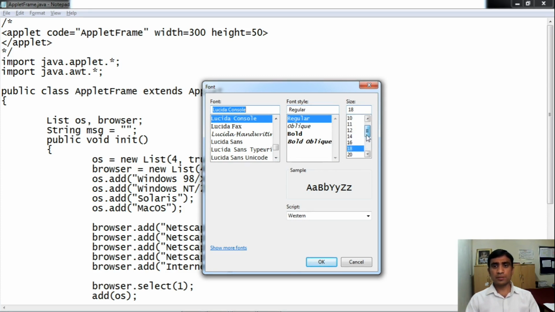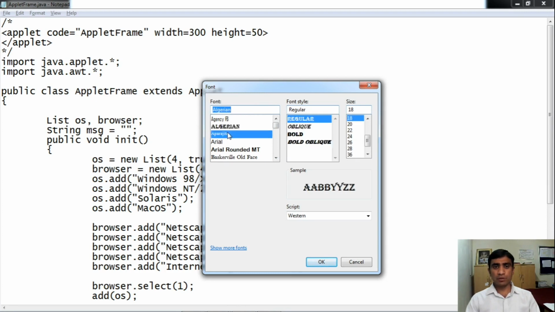Now you can see here a list control has a scroll bar also, to view the items which are not viewed at a time. So by using this scroll bar, you can scroll and view all items in the list control. In this case, a number of fonts are available. You can scroll and select one of the fonts by using this list control. So a list control is a control where multiple options are available.